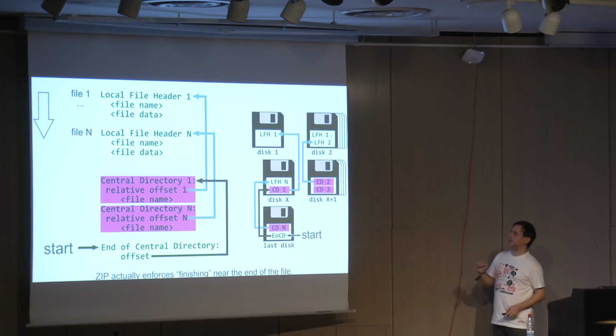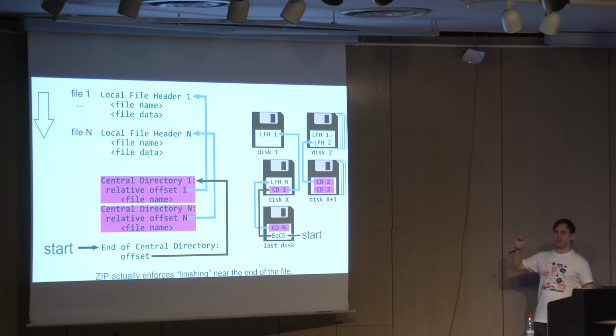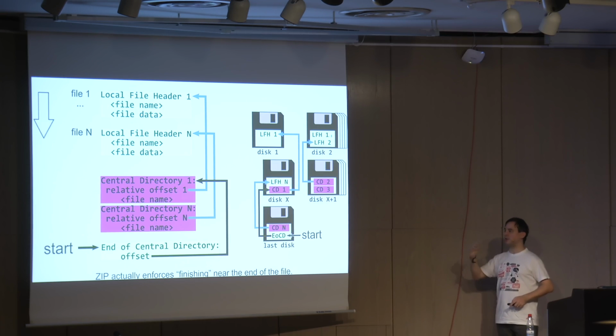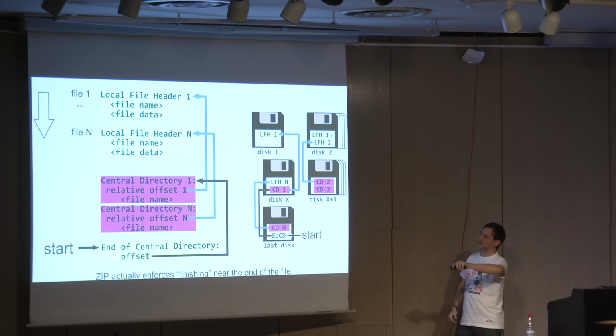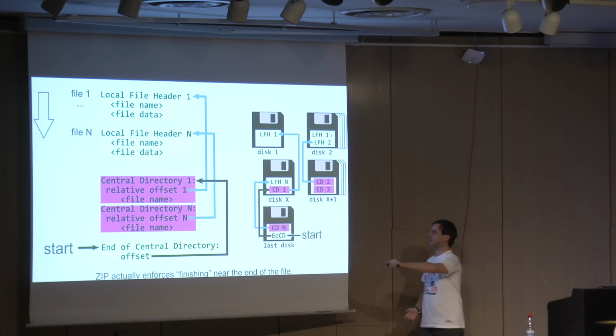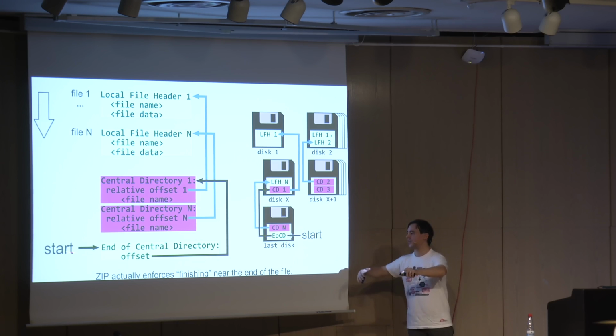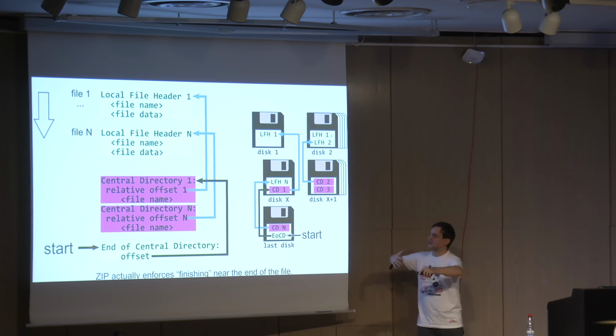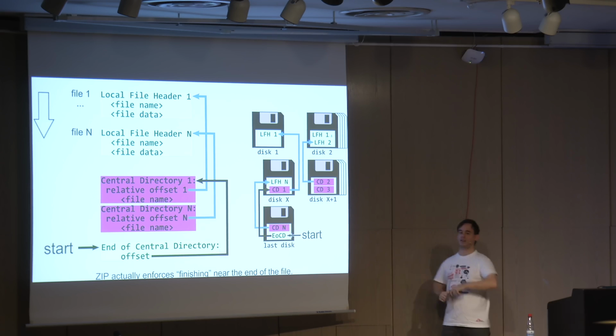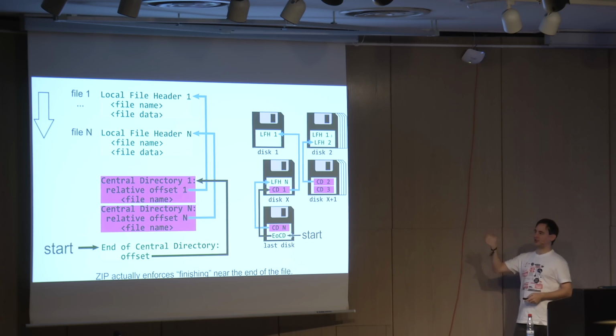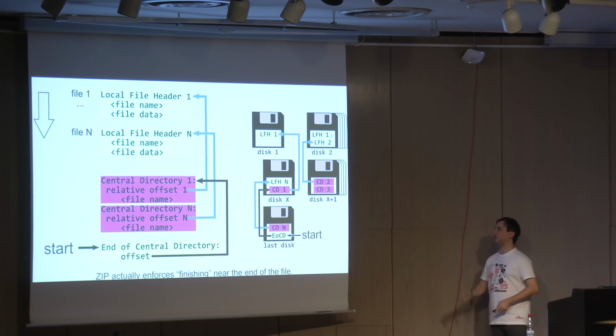An important point for zip is that it's not that zip enforces a signature anywhere. It's actually that zips are written backward from the end. This is for old school reasons. When you were writing a zip file on the fly on multiple floppies, it would write the last information on the last disk and it would minimize the floppy swaps. So basically, zip actually enforces that the first structure to be checked is near the end of the file. The thing is, it's actually not respected all the time, and I did a talk on zip schizophrenia. If you want more details, you can check it later.